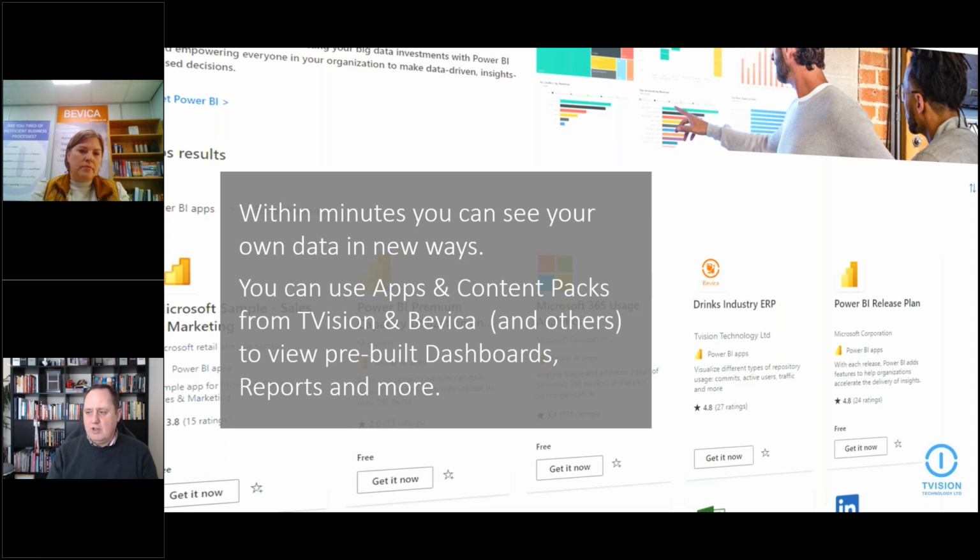Some examples of data sources would be the likes of Dynamics Business Central, Dynamics NAV, Salesforce, Dynamics 365, Google. Really, the options are unlimited, and we'll look at some of those in a little while as well.